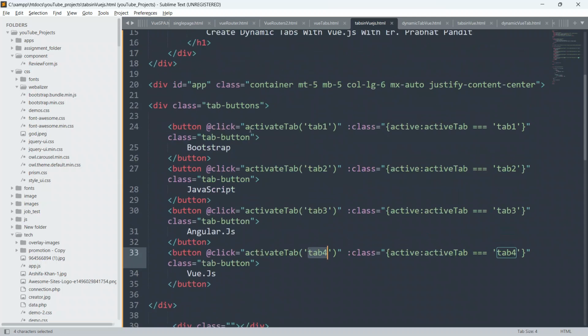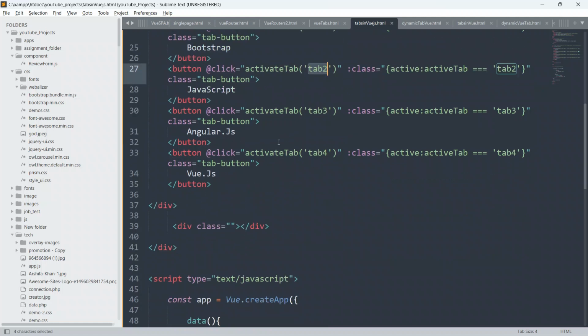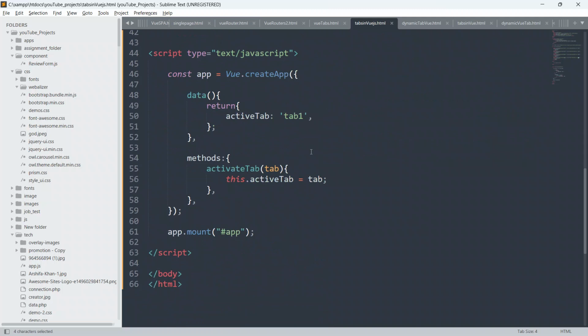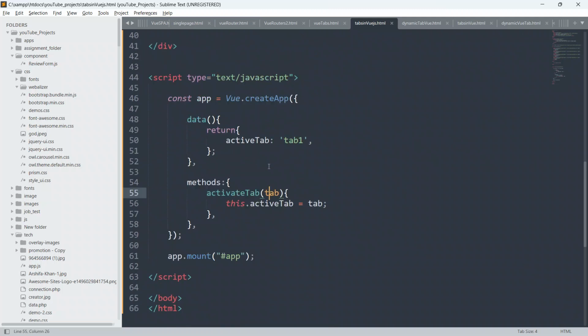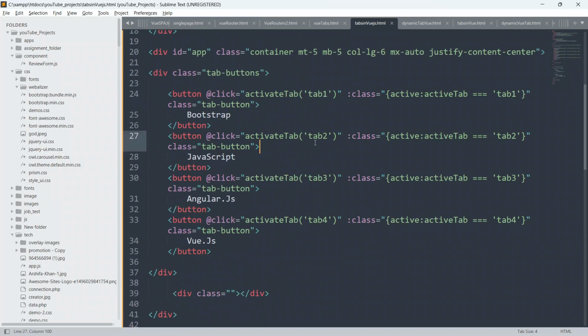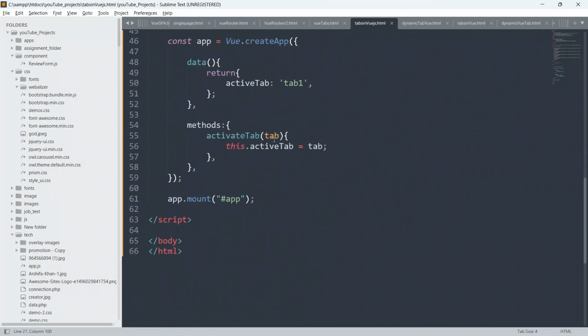We are calling the same method on each and every button. Because we are passing the parameter tab 1, tab 2, tab 3, and tab 4, we have to get it here in our function, we have to grab it here also.